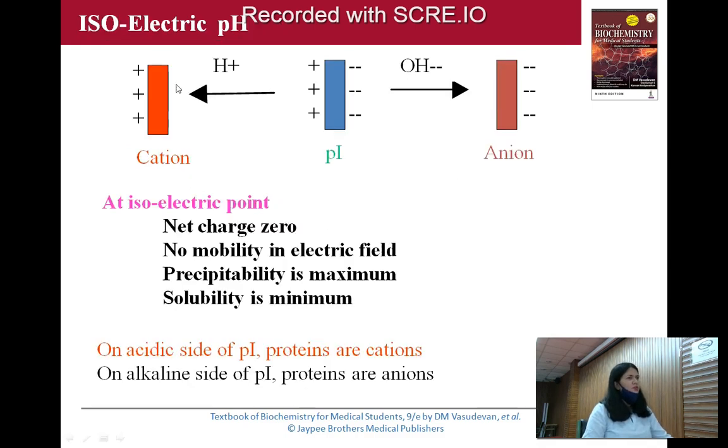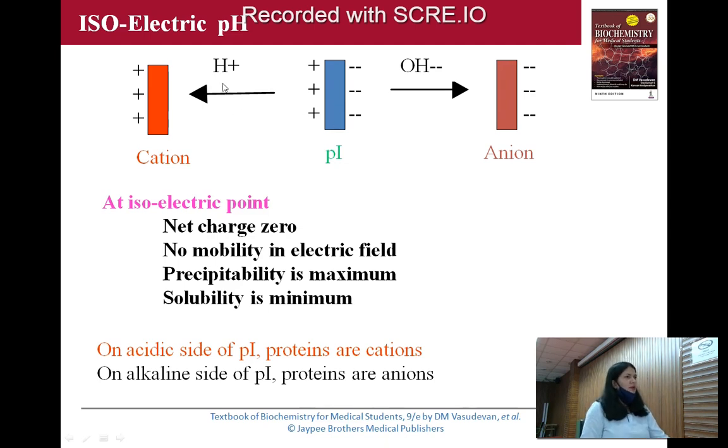Now isoelectric pH. You know what is isoelectric pH, isn't it? It is the pH at which the molecule will exist as a Zwitter ion. Zwitter ion means a molecule will have an equal number of positive and negative charges, so the net charge will be 0. When such chargeless molecules are kept in an electrical field, they will not migrate towards the electrode. Yes or no? Each and every protein, there are different types of proteins inside our body, will have its own isoelectric pH. So at that isoelectric pH, it will not migrate towards the opposite electrode.